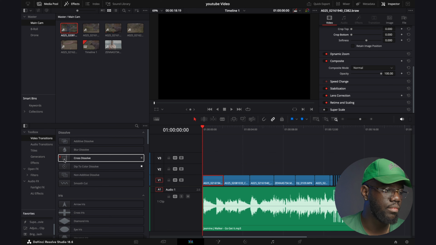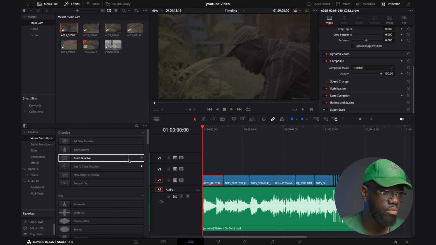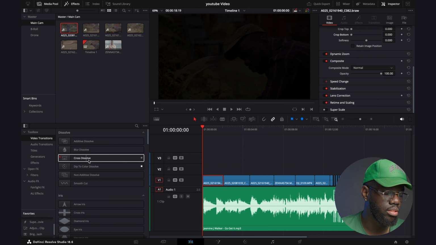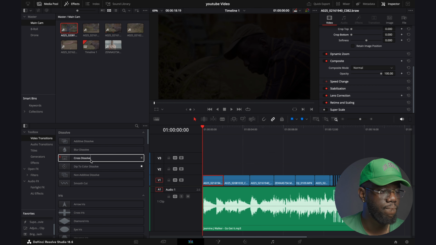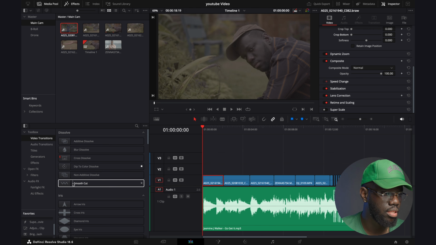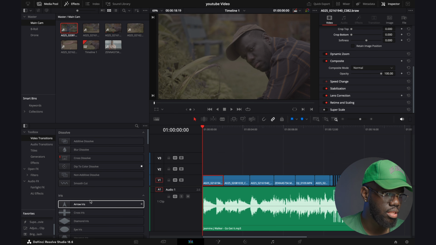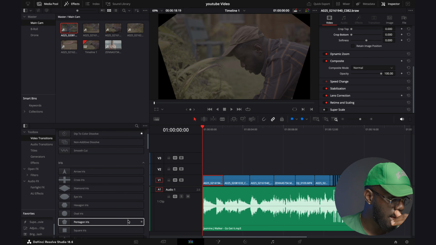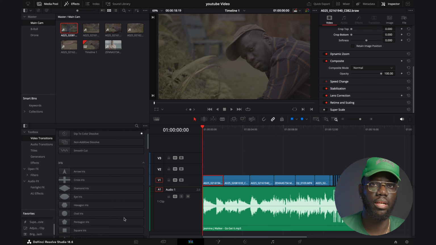To do the cross dissolve, you could just run your mouse over the effect name and you see what it does before you bring it on the timeline. As you can see, there's quite a few built in to choose from, and you could bring external transitions in as well. The further you go along in the program, you understand that there's a lot you could do to make your videos more